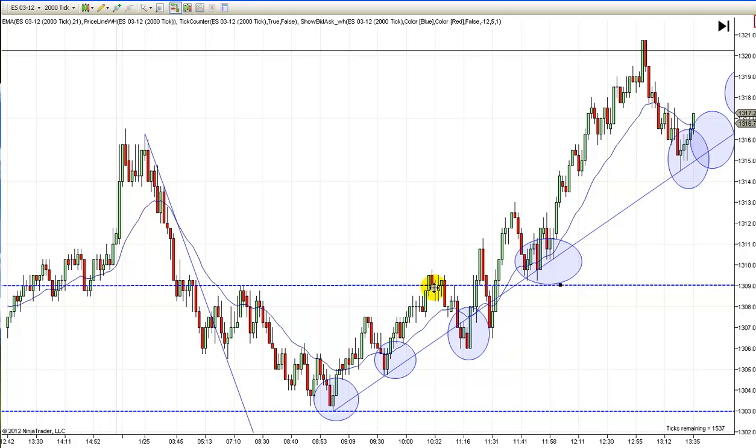I would have exited up here, or I did exit up here actually, because I took these two trades right here and I exited right here, and then I look to re-enter later. I don't like to give all this money back. So if you entered right here and you watch that go all the way up to there, you watch yourself make 2 or 3 points, and then you watch it come all the way back and scare you out with a tick or two, only to watch it reverse again and go right back. So rather than take the chance that this is the end of the trend, and this thing actually could have gone lower from here,